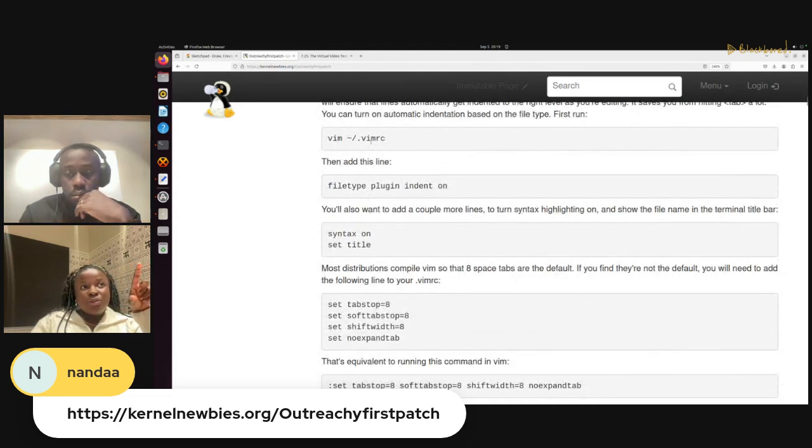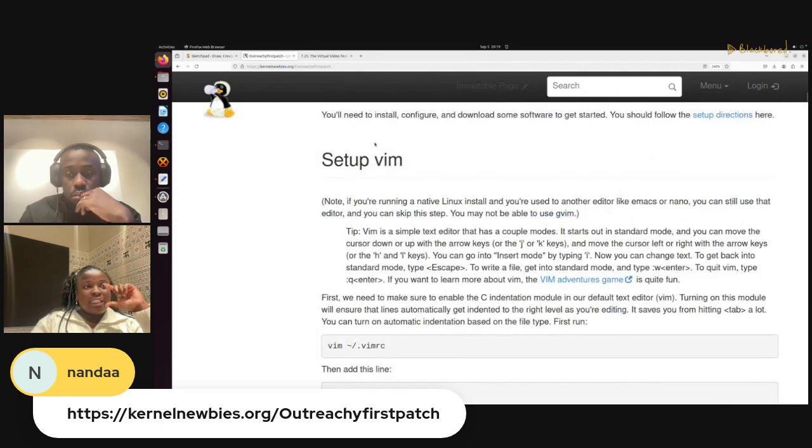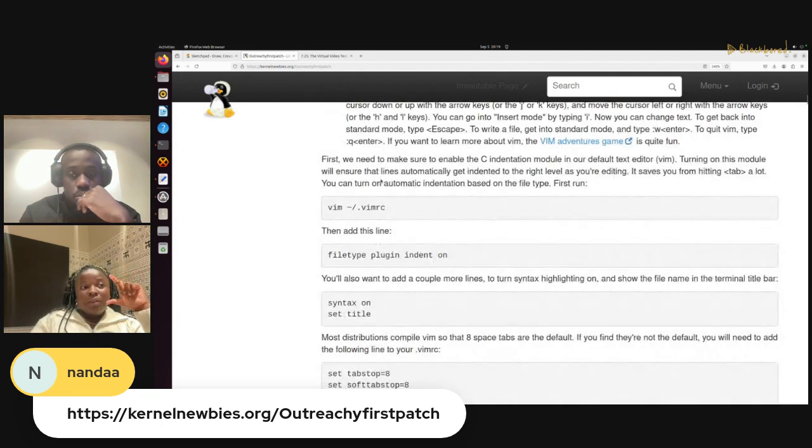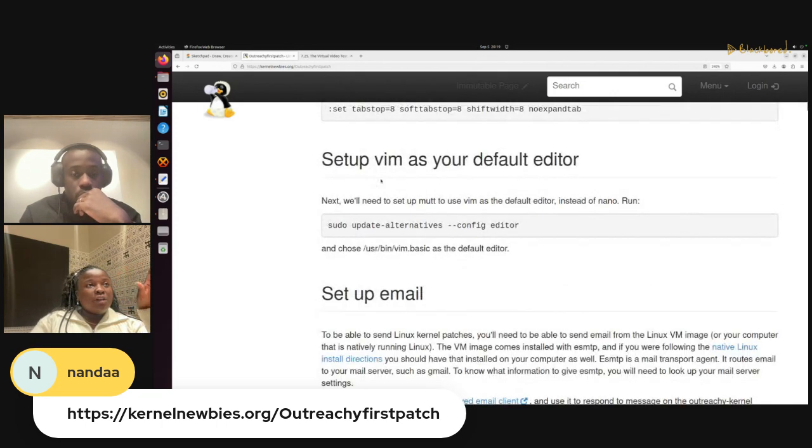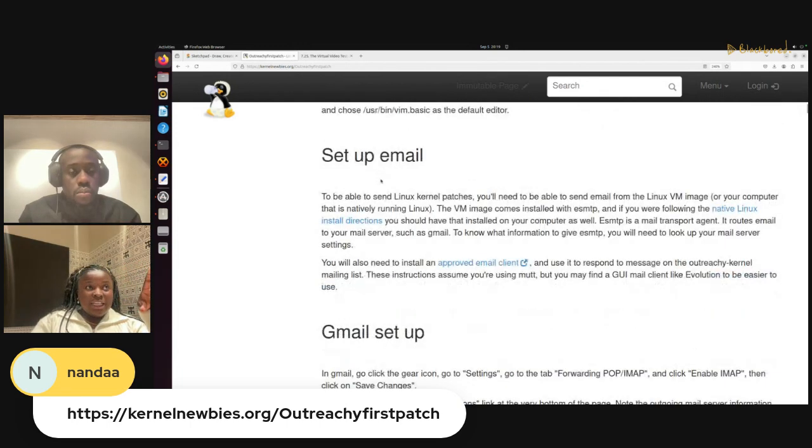We have what you need to do highlighted here, how to set up Vim, so that you don't have to move between different things. Everything will now just be on your terminal here. Then the next thing you are going to do is to set up your email on an approved